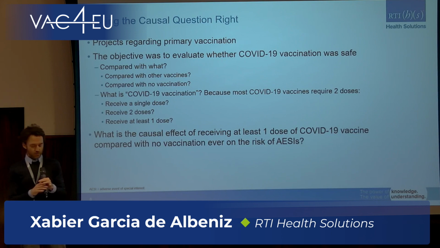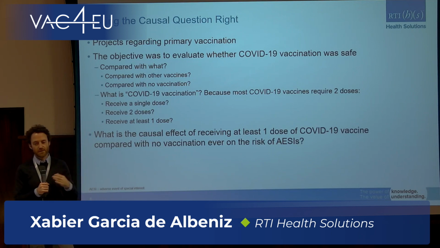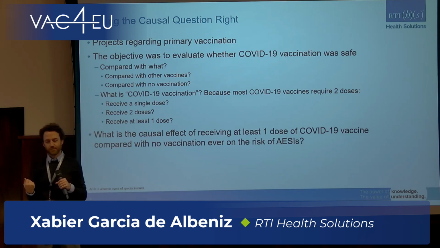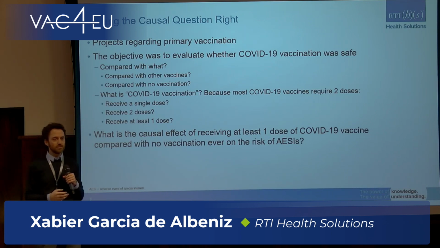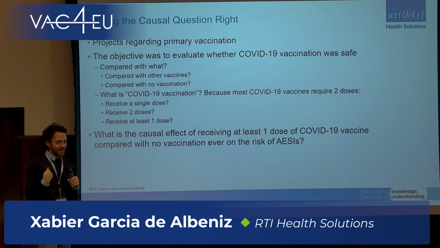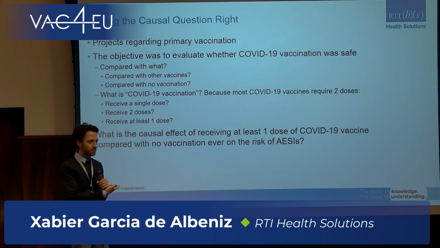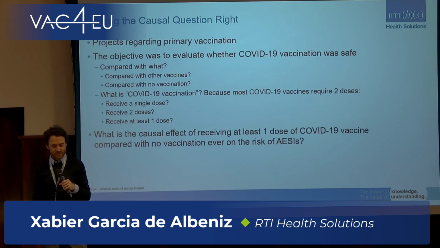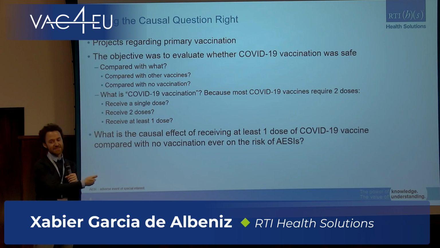So many of the projects in Back4You started with primary vaccination, right? And the first step was getting the causal question right. So we had to evaluate whether vaccination was safe, but compared to what? Compared to other vaccines, compared to no vaccination. Then what is COVID vaccination? Is it just receiving 1 dose? Is it receiving 2 doses? Is it receiving 1 or 2 doses? So you have to be very specific on your question